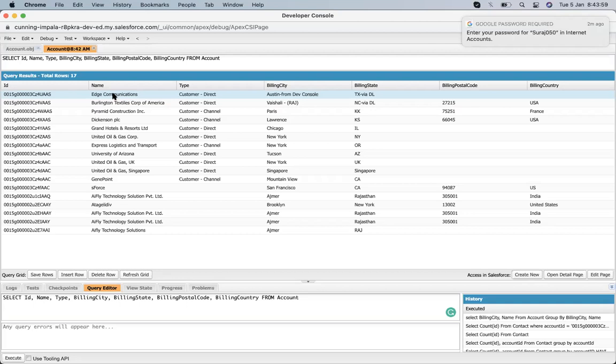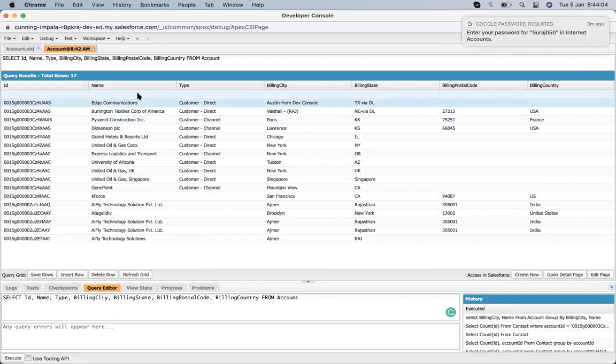And we have an insert row. If I click on that, a row gets inserted, and I can just add the values, and I hit save rows.